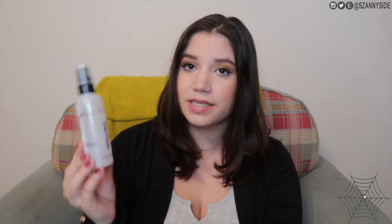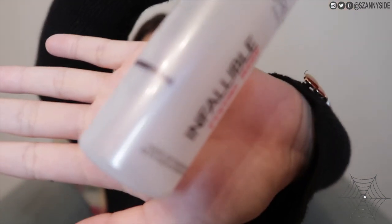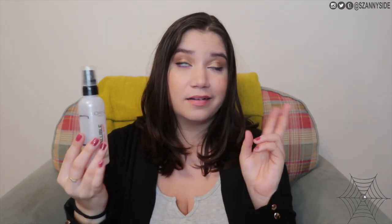Next up is another great update, if I can say that. And it's the L'Oreal Infallible Fixing Mist. So I got this from my boyfriend's sister who left it behind. And look, there is like the tiniest bit left on the bottom. I don't even know if you can see it through the bottle, but there's enough left for one more mist maybe, and that's it, which is quite good because I started all the way up there, went down there, and now there's enough for maybe 1 or 2 fixes. So while it's technically not gone, it will literally take me 2 more days